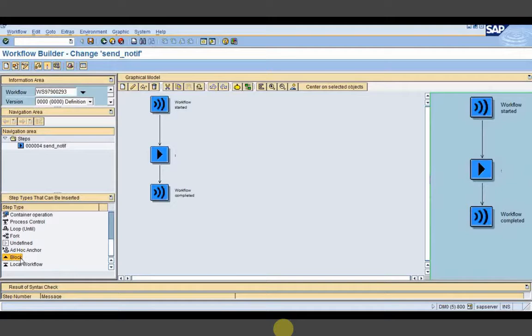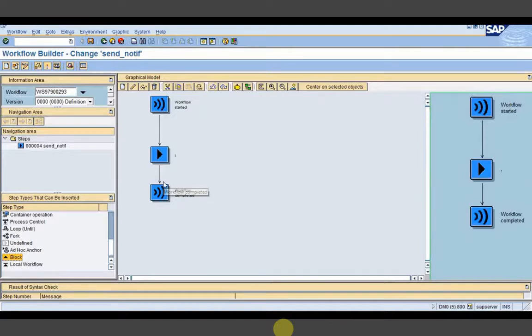Based on my decision, I want to decide whether the sales department team should execute further or whether the finance department should execute further. Suppose I have one dialog step here, and then I have one anchor step, and in the anchor step I have defined two workflows, the first one is the sales workflow and the second one is the finance workflow.